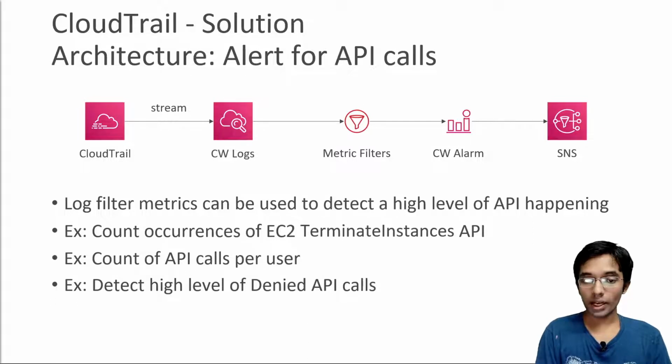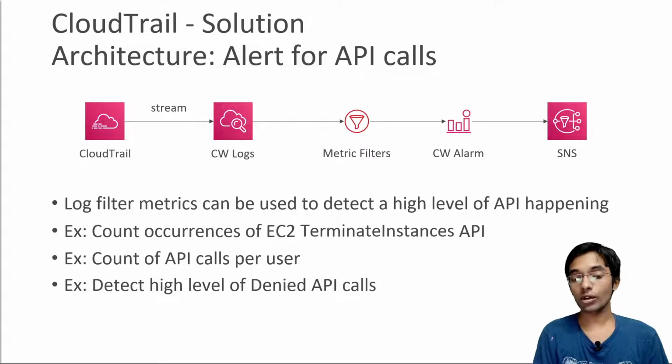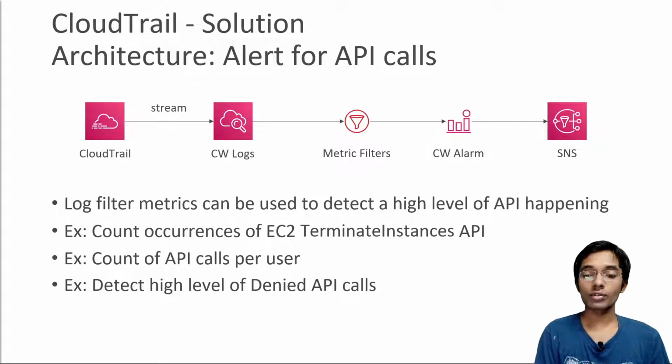Now these log metric filters can also detect a high level of API requests happening. It doesn't have to be a specific API. So you can count the occurrences of a specific API, for example, terminate instances, or count the API calls per user, or detect a high level of denied API calls. So maybe someone is trying to breach your security. So it's not just for one API call, you can create a metric filter and CloudWatch alarms for counting them or detecting a high level of unusual activity. Okay,